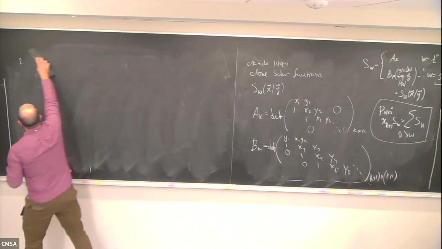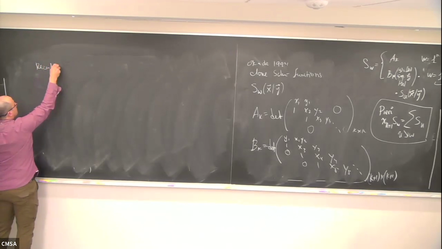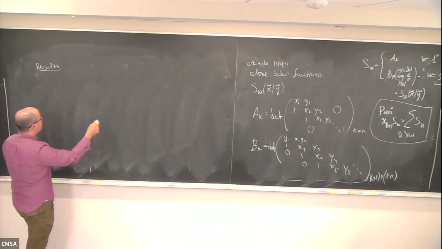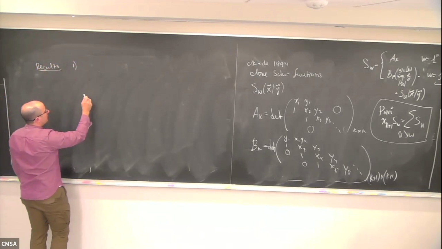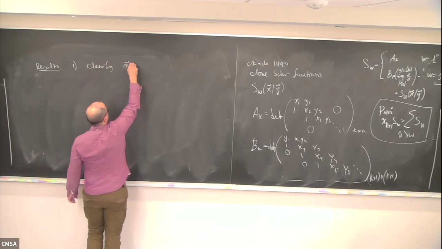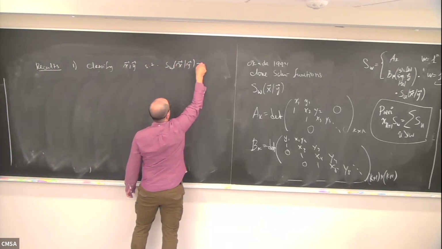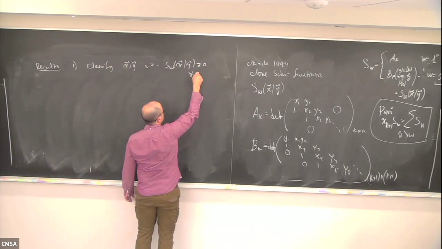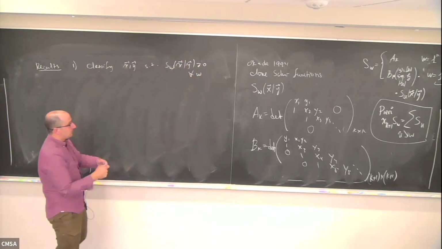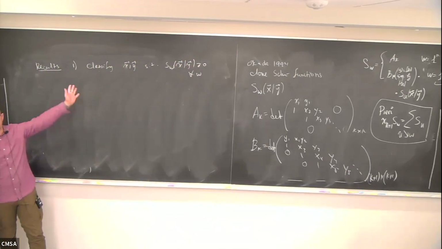What we did is kind of fix this problem, and we do the following things. So first of all, we classify sequences XY such that these guys are non-negative for all W, because even if they're branching like the graph, they're not necessarily positive. So we solve the positivity problem,